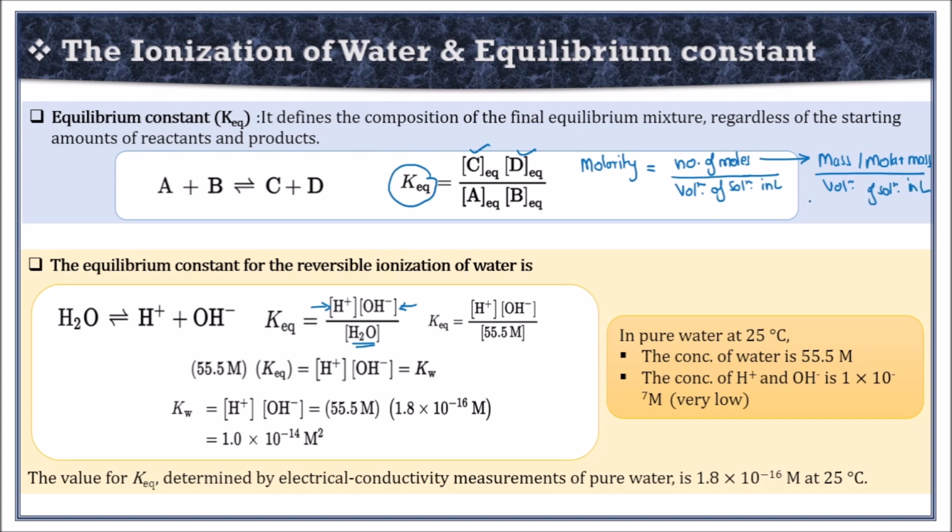Clear? Now, if we consider that the volume of solution is 1 liter, then what will be the mass of water for 1 liter? We know that the density of water is 1 kilogram per liter, and we can also say that it is 1000 gram per liter. So we can write it over here: 1000 gram for 1 liter of water. Then we only have to divide it with the molar mass,